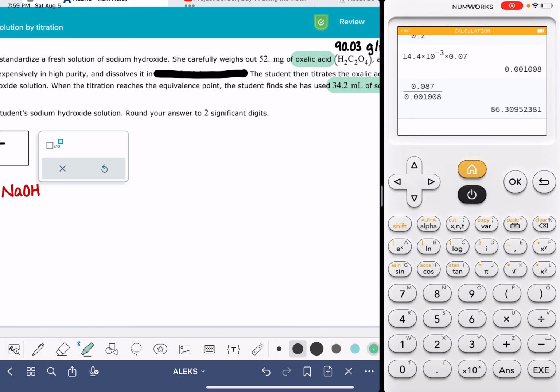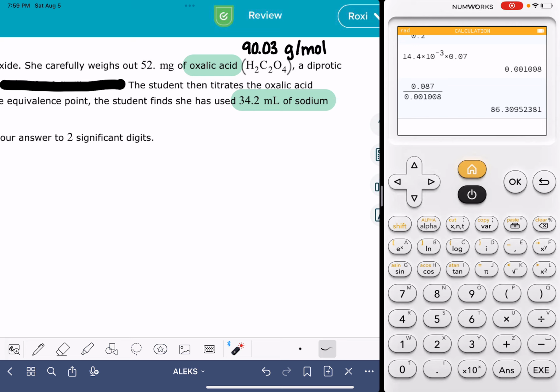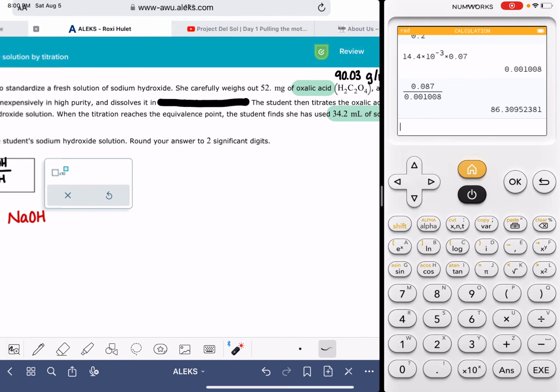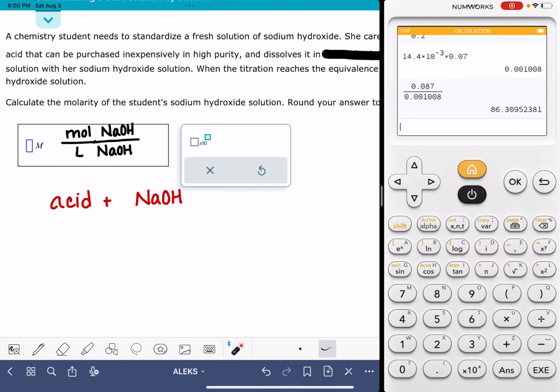Now, here's something that's kind of funny. I looked at a lot of versions of this ALEKS problem, and every single version that I looked at was using oxalic acid. It was using it every single time. I don't know if that's just a coincidence for me. I don't necessarily trust that it's going to be oxalic acid every single time. Maybe it will. That would be cool. But regardless, whatever acid you have here, ALEKS is going to follow up and tell you something about that acid. It's going to describe it as a diprotic acid or a triprotic acid. That's going to give us information to determine the stoichiometric coefficients in this equation for this reaction that is occurring